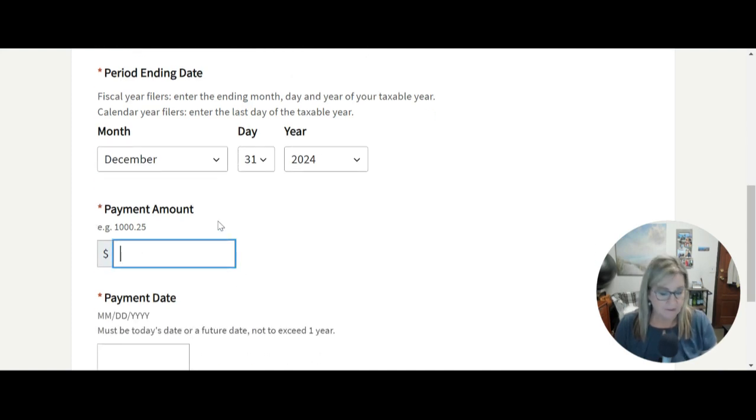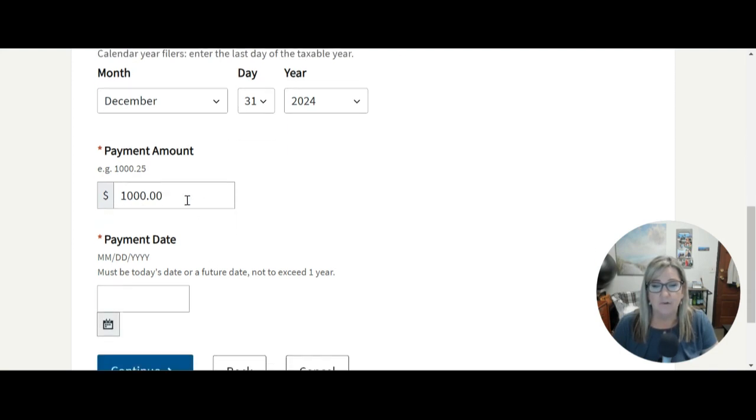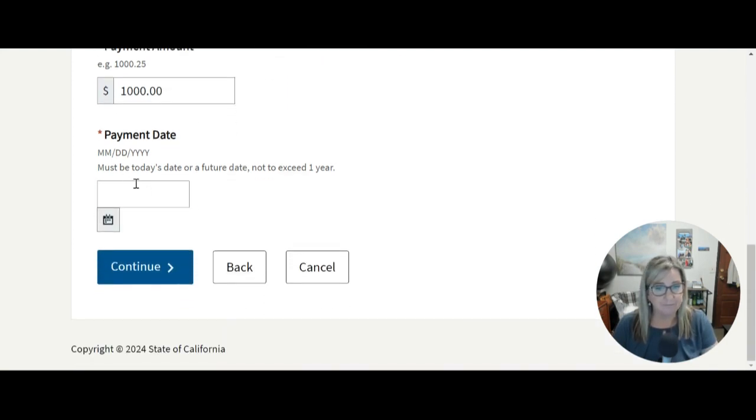For this payment, I'm just going to enter the $1,000 as the minimum. You must make a payment, and this is something you need to talk to your tax preparer about to make the election. It either has to be a minimum of $1,000 or 50% of the estimated California tax for the entity, and you can use last year's numbers for that calculation. That is something your tax preparer should provide to you. For this demonstration, I will just do the $1,000 minimum.